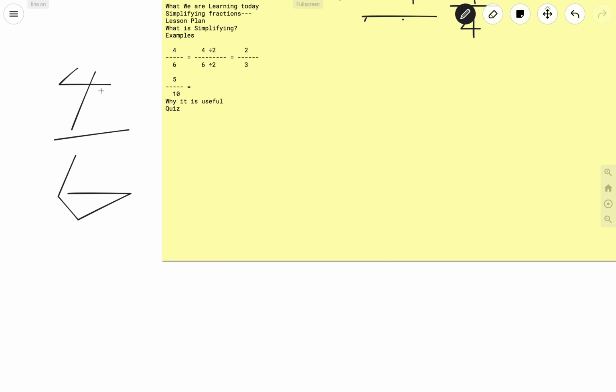There's 4 pieces out of the total 6 left over. And if you want to figure out how much you have left over, instead of saying, I have 4 pieces of the 6 left over, you can simply say, I have 2 pieces of